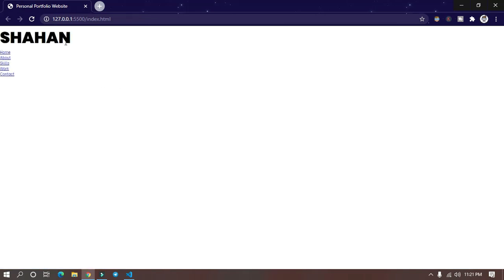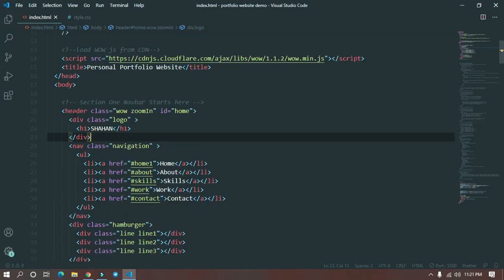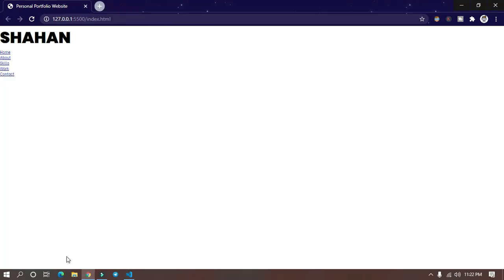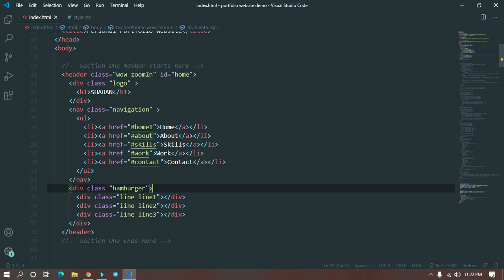So this is the code for the navbar, the logo and the link lists for different sections. This is the logo with the class of logo and the navbar with the class of navigation and 5 links in it. And this is the hamburger menu icon. We will use this for the mobile or for the small screen sizes. By default it will show none on the desktop. When we resize the browser it will then show. So this is the basic HTML of the navbar section. If you want to write the code, just pause the video here and write the navbar code.